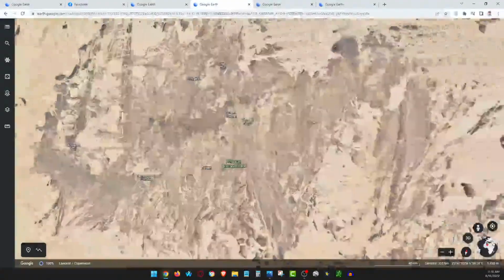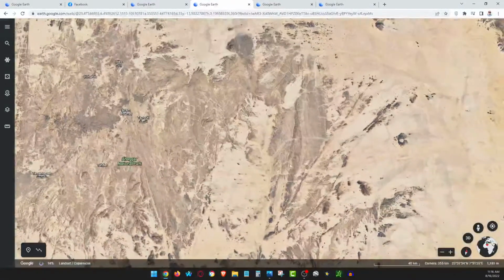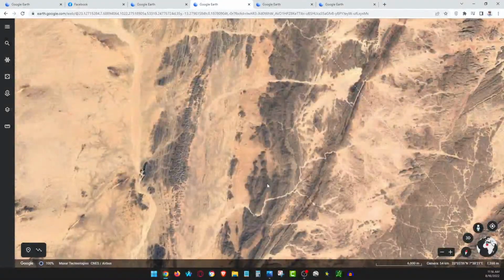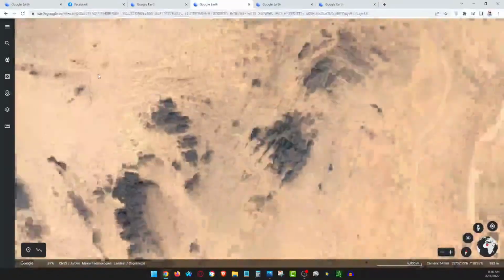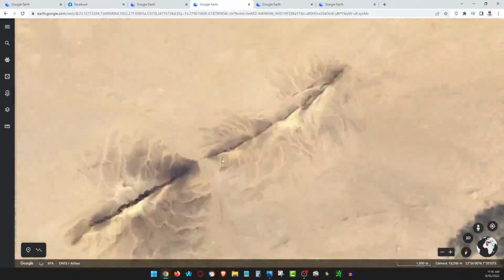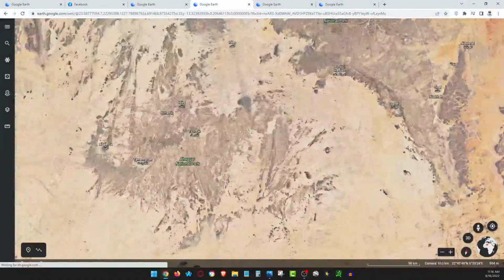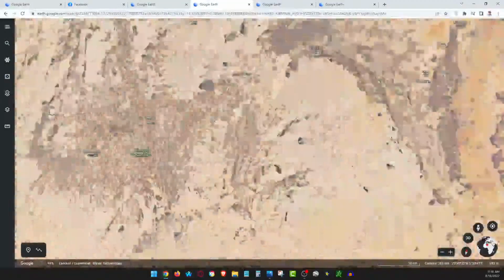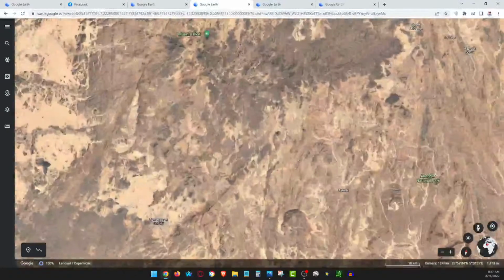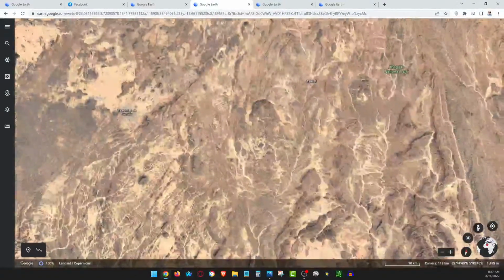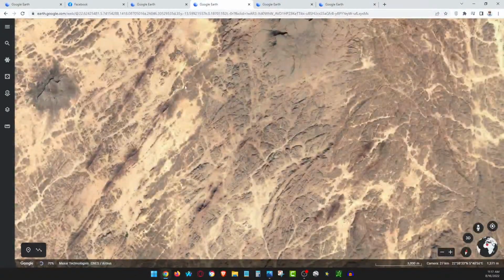I didn't really want to get too far into the desert today, but I'm just telling you that when you see these lines, you can't just... Some of them are very natural looking. But I have to be honest, when I go to Tamanrasset, which is right here, and I move over to the right, I start to see these dotted line mountains.